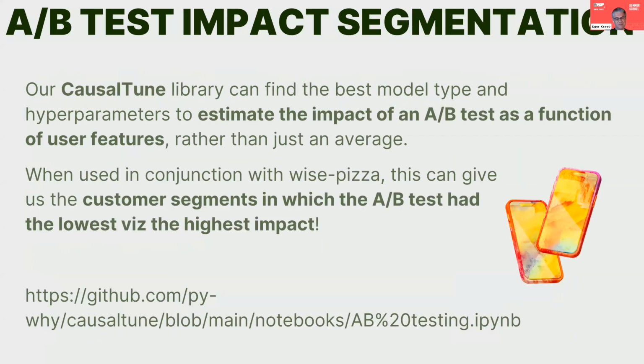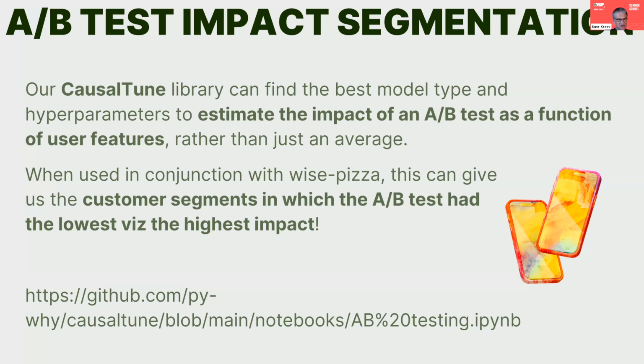Now, even more fun. As some of you might know, especially those who follow my LinkedIn account, this is not the only library we've open sourced. The other one, which we're quite proud of, is the causal tune library, which is automated tuning and selection of causal inference models. One application of this is that it allows you to estimate the impact of an A/B test at single user level. Typical techniques will just give you averages: the average impact of the variant is an extra percentage point of conversion. But with causal inference libraries,